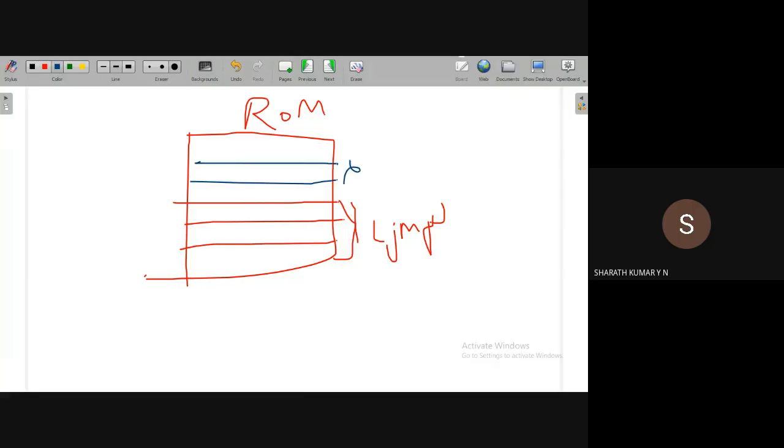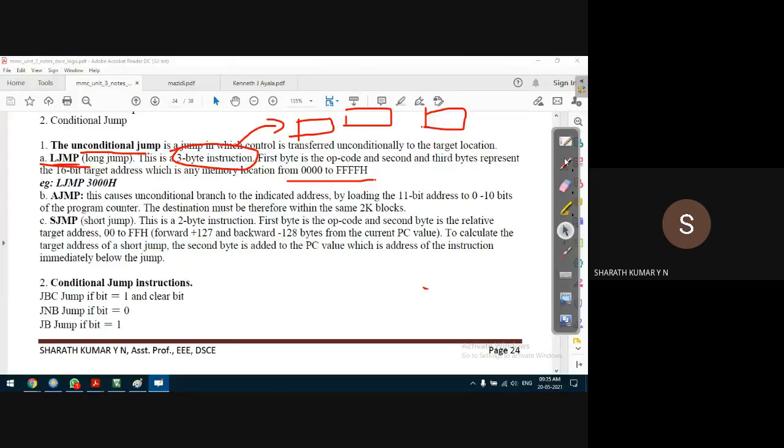Whereas only 1 location will be allocated for relative jump instructions, also called short jump instructions. Some authors refer to a relative jump as a short jump. That is the LJMP instruction.